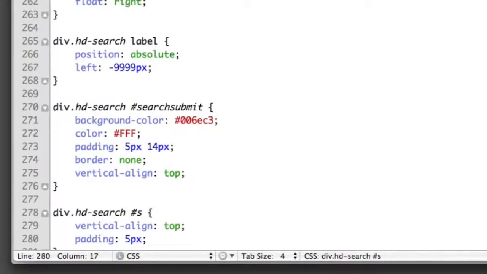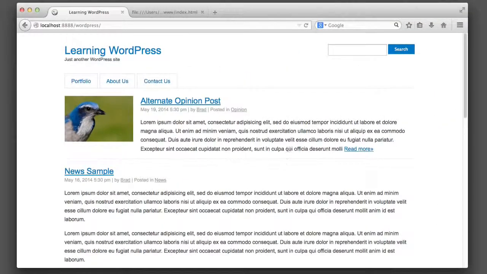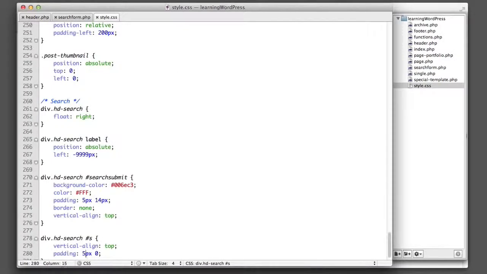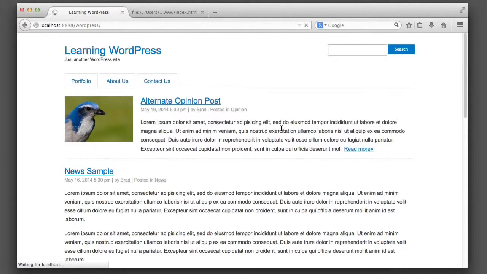So we'll give the input a bit of padding vertically. Looks like that's too much. Let's go down a little bit, 3 pixels vertical. Okay, so that matches, and I would imagine that this looks good in most browsers, but I will say that